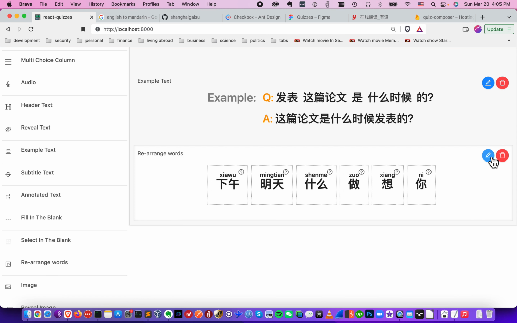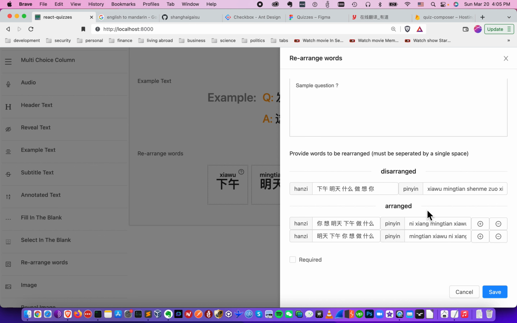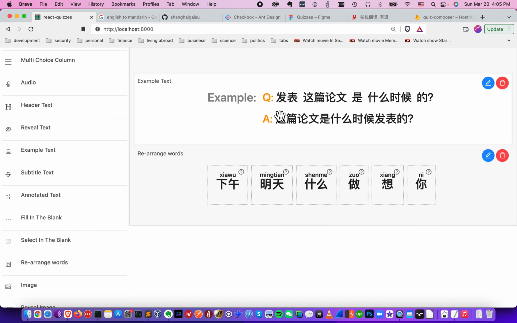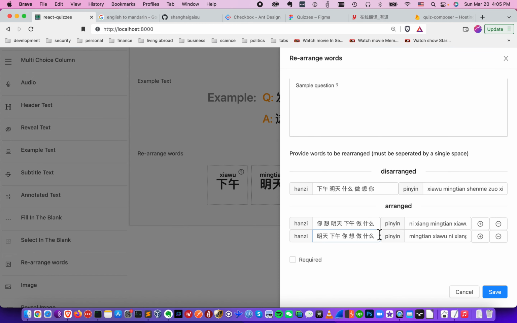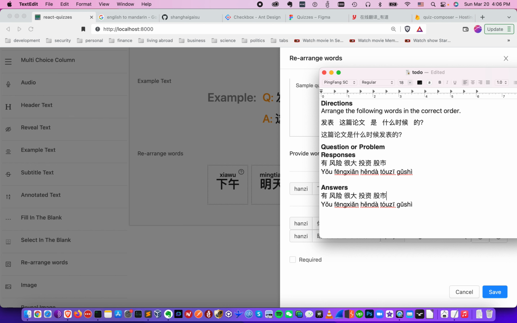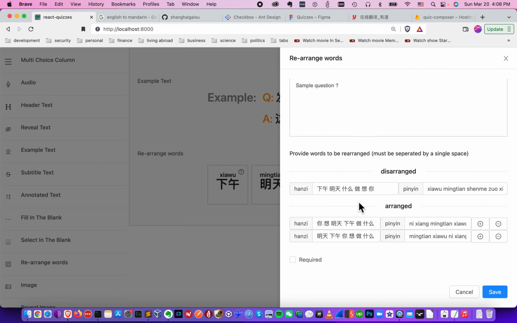Rearrange words. All right, so let's go in here. Now this portion here, disarranged, this is when the words are out of order, right? So it's the same as this question portion here. And then the arranged, that's the answer, that's the correct order. So this is out of order,